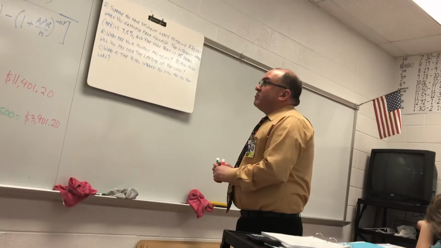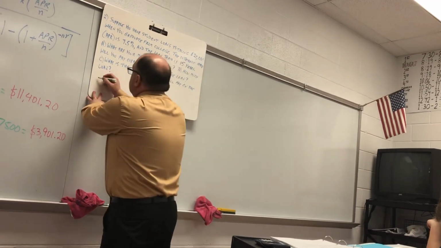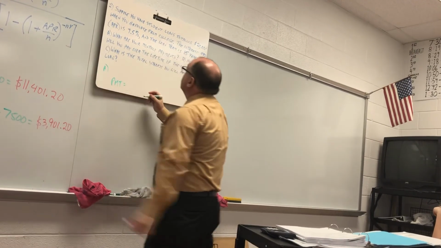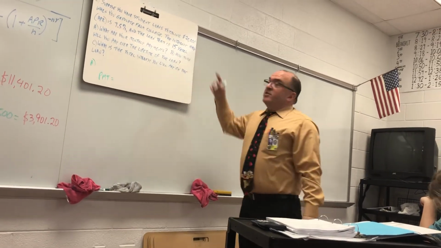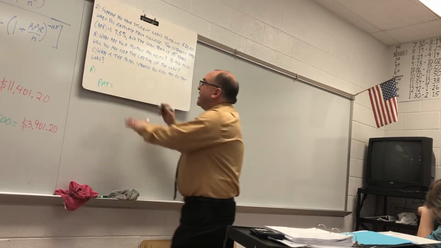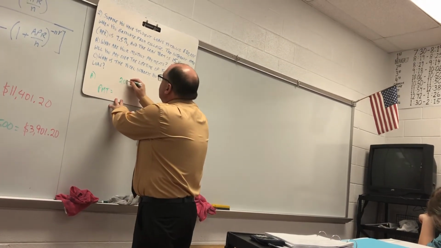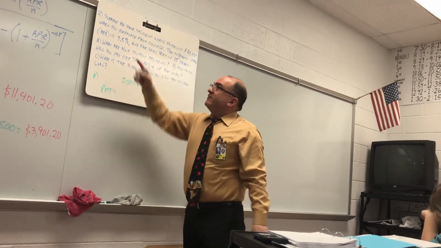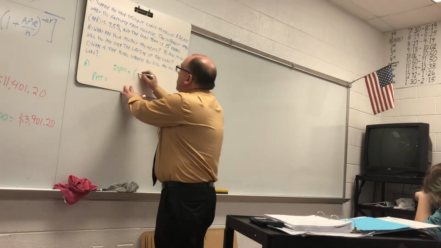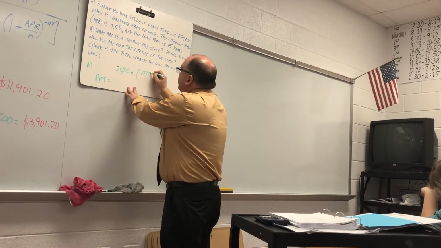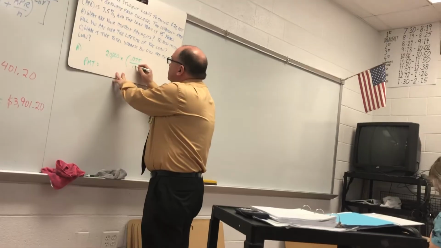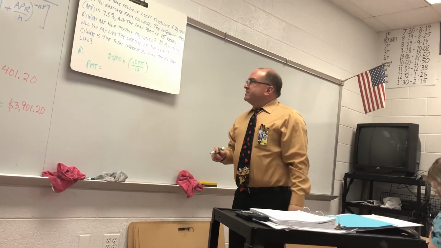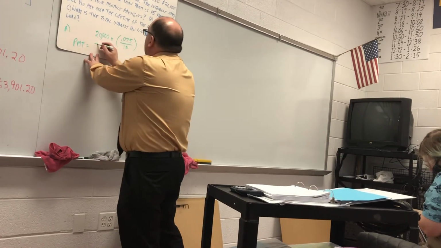All right. Once again, part A. Here, the payment equals the amount. This one's $20,000, times the APR, which is 7.5%. That's 0.075. Again, N is always going to be 12 because you're paying monthly, and there's 12 months in a year. Over